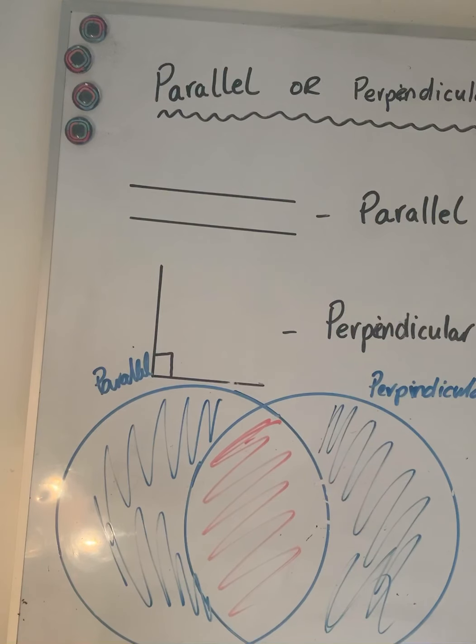Okay, so that one there on the left is only for parallel lines. The one on the right hand side is only for perpendicular lines, and this red area in the middle, that one's for parallel and perpendicular. So for example, that square we just did previously, that had parallel and it also had perpendicular lines, didn't it? So that shape there would be right in this middle zone. Okay, so you're going to need to place all of those